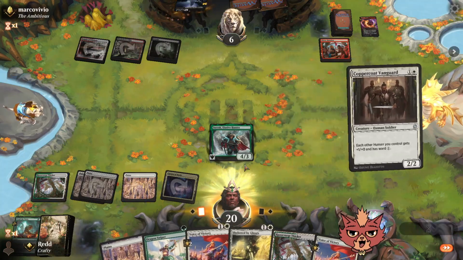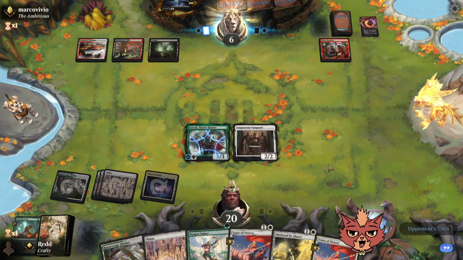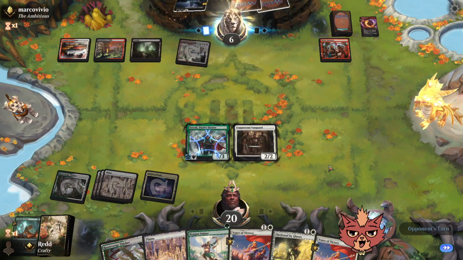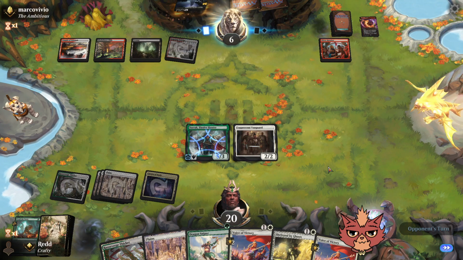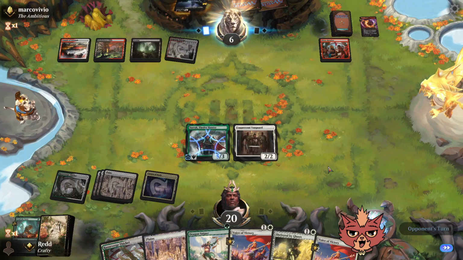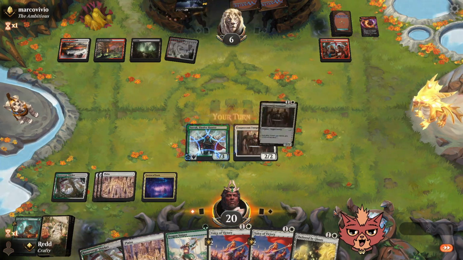They have to target the Coppercoat Vanguard first, unless they want to pay extra for the Hunter. And either way, now that Surrak's back on the board, we're drawing every time they target. They find tap land, too. We do have lethal on the board state. We probably could have went voice...